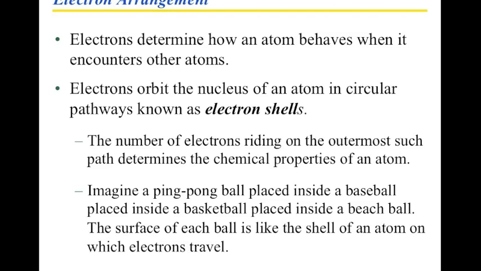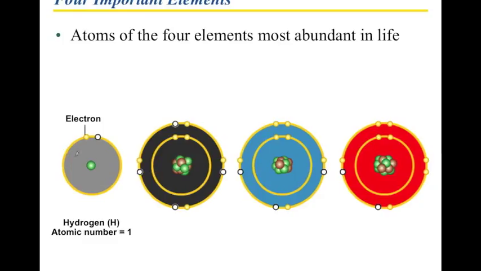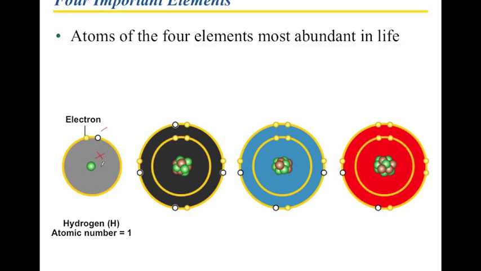Here are those four elements that we talked about initially. We have first up hydrogen. And as you can see, hydrogen is a fairly simple atom. In fact, it is the most simple atom. All it has in the middle here is one proton. That's the positive charge. And in order to cover up that positive charge, we need a negative charge zooming around on the outside. That's given to us by one electron.